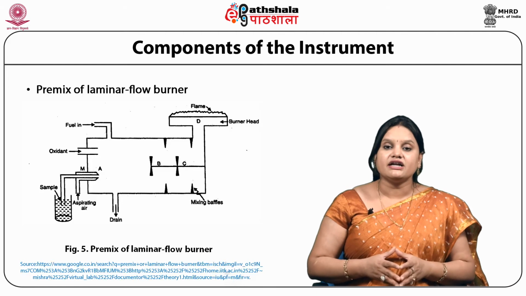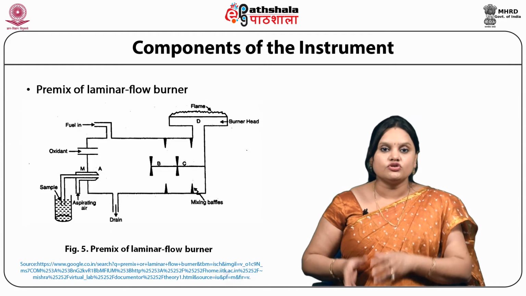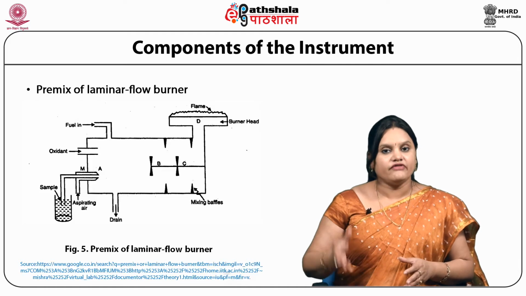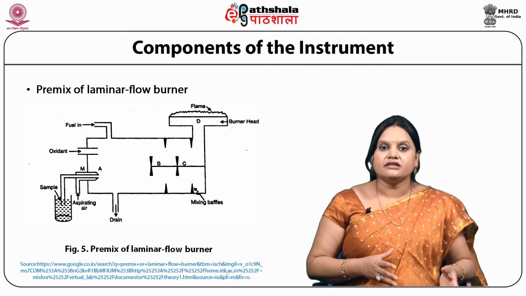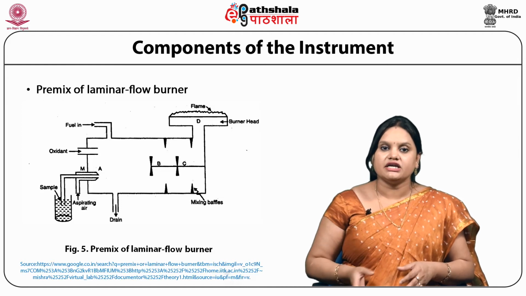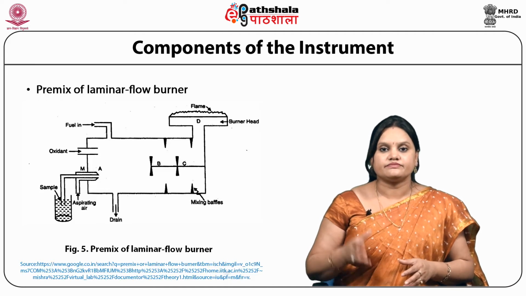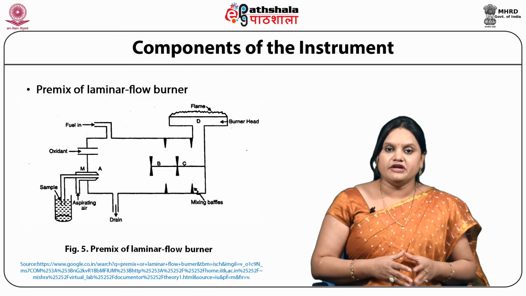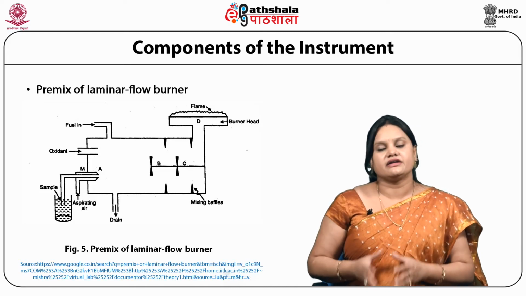The premix burner can handle solutions up to several percent without clogging. The main disadvantage of the premix burner arises when the sample contains two solvents. When this is aspirated into the flame, the more volatile solvent will be evaporated in the spray chamber, leaving the sample in the form of undissociated atoms in the less volatile component. Thus, a number of the atoms would not reach the flame, and this will reduce the emission intensity, giving incorrect results.